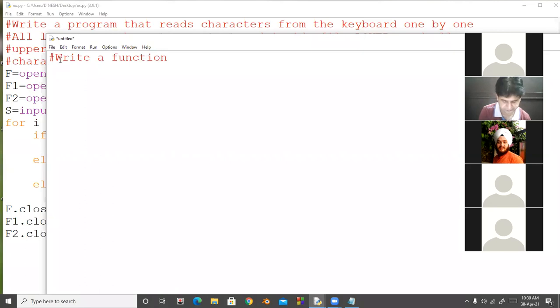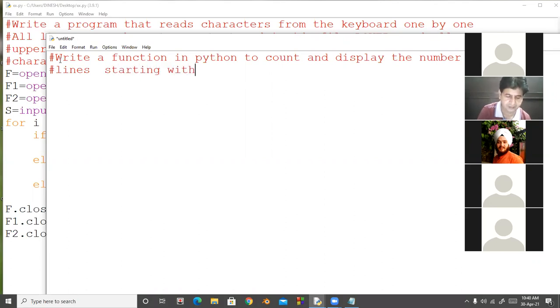Write a function in Python to count and display the number of lines starting with alphabet A present in a text file lines.txt.